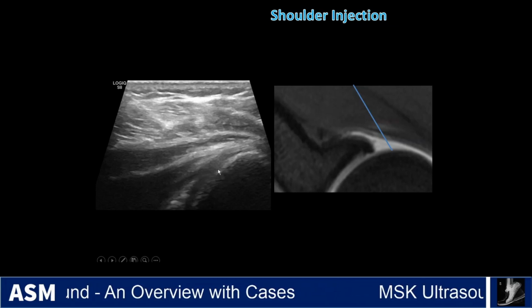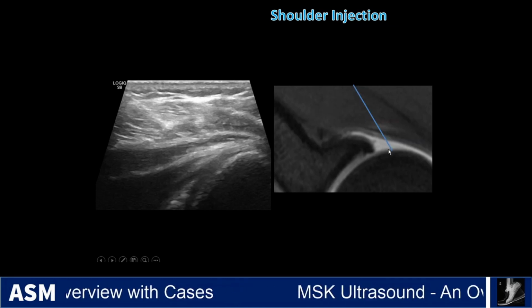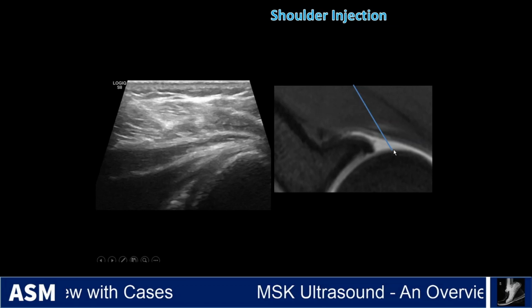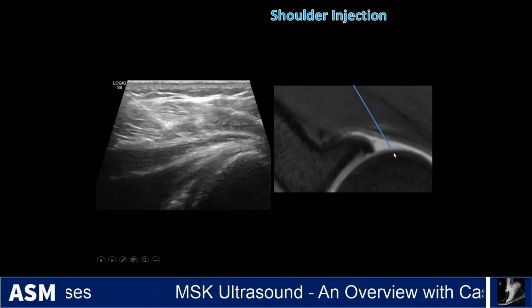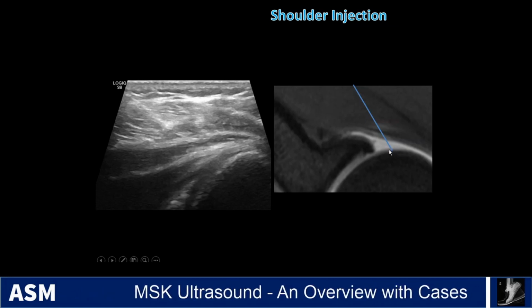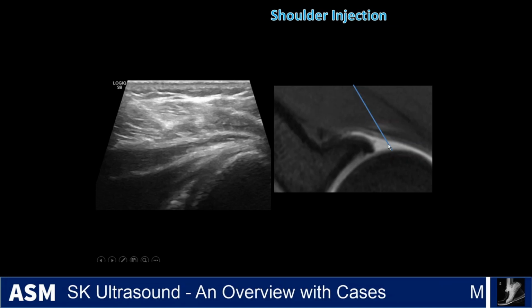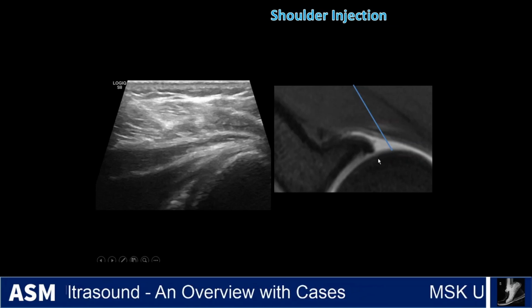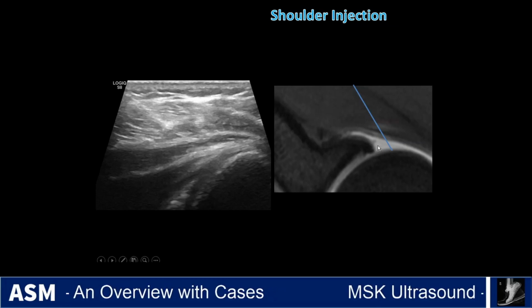You have a firm endpoint, just like you do in fluoro. You're going to hit bone, and this would be the trajectory here. You come in here, aim the opening of the needle down towards the joint, and you try to inject it. If you're having resistance, you just slightly pull back until you feel the resistance drop or see the capsule start distending. And typically, because you are injecting into the joint, for, in this case, an arthrogram, if you